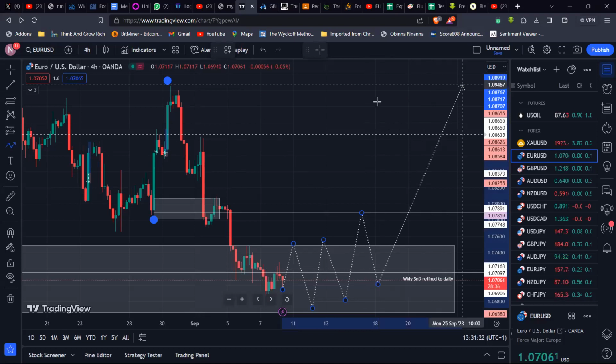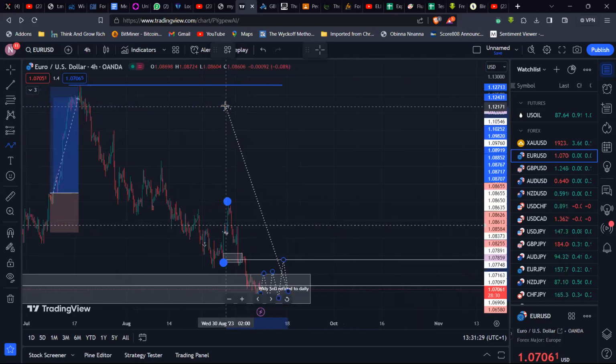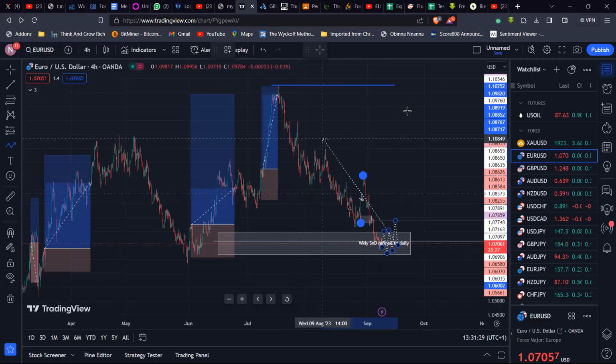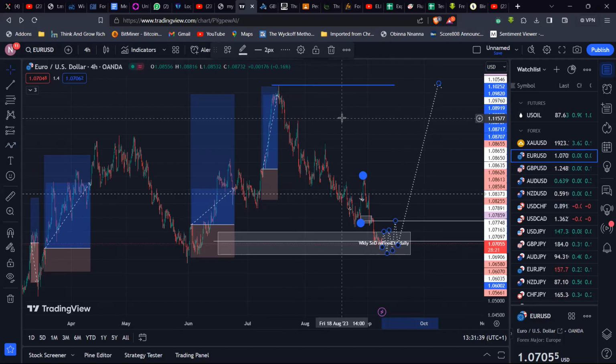I'll be targeting, obviously, now here's where it gets interesting. I'll be targeting this high. But remember that I'm looking at this from a higher time frame perspective. So I'll still be going after this overall high. And this is how we get into some ridiculous